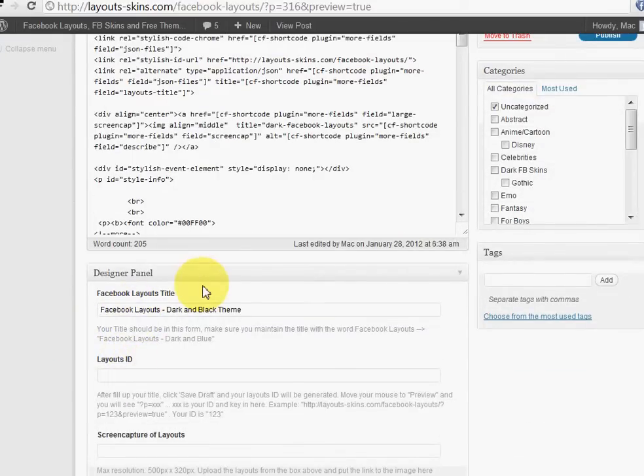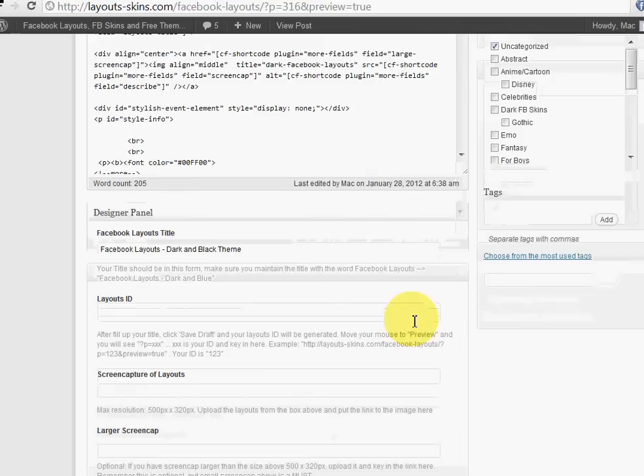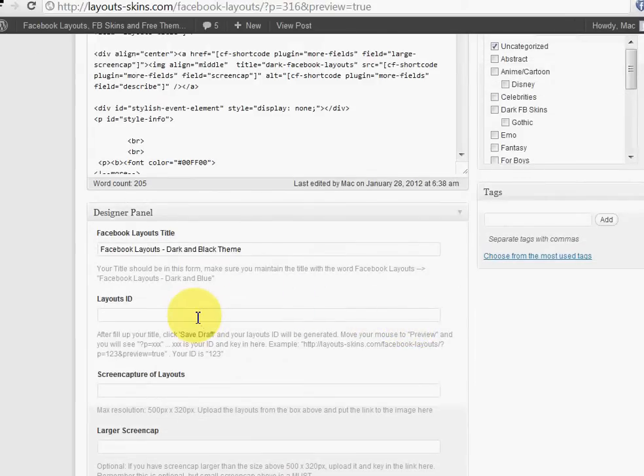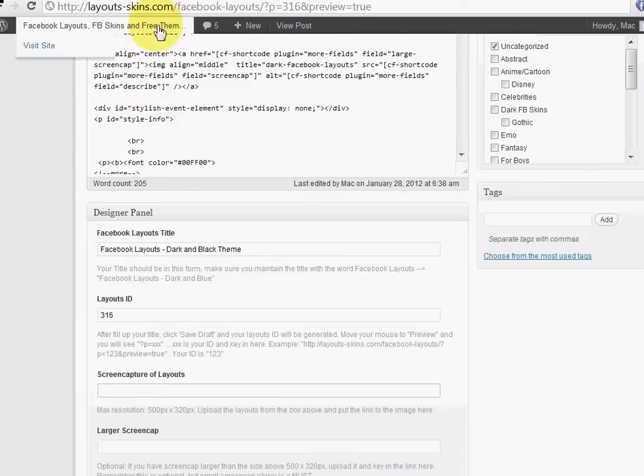So this is your designer panel. Next will be the layouts ID. Just now I showed you how to get the layouts ID, which is 316. Just fill it out, 316. Now you're going to put a link for your layouts screen capture. So what I mean by screen capture,